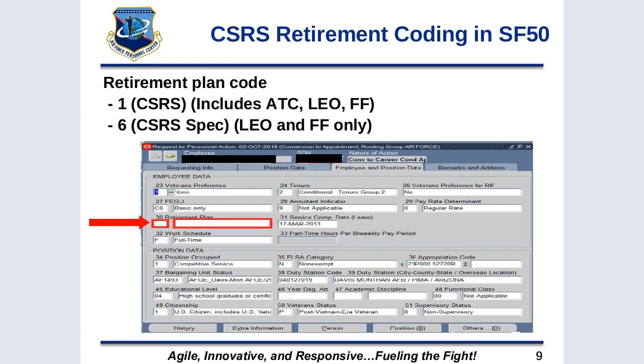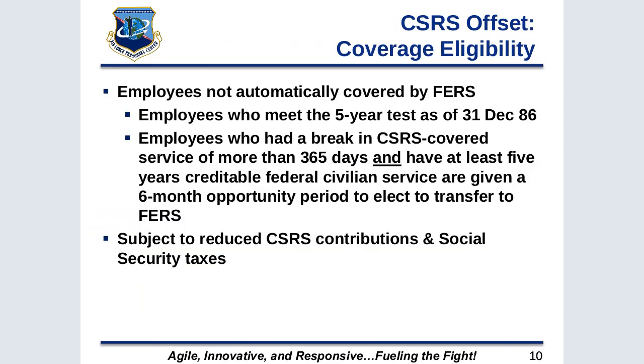on BPD. And looking at CSRS Offset, on January 1987, personnel officers were tasked to review official personnel folders, OPF, of all employees covered under CSRS interim to determine whether or not they would be placed in CSRS Offset or FERS. Know that no one would remain covered under interim as of 1 January 87. They either became CSRS Offset or FERS. It's important you understand the difference between interim and offset.